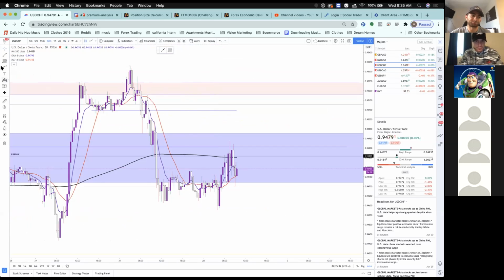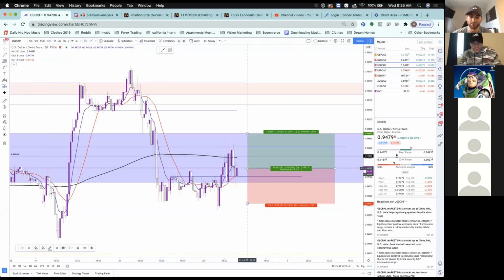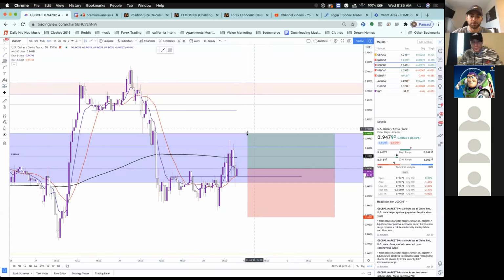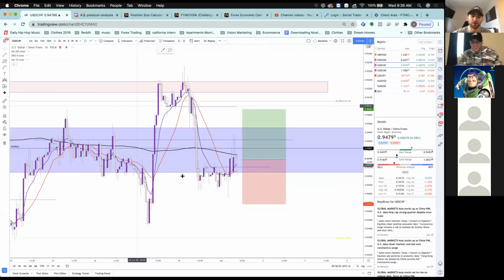Basically what I'm looking for on this lower time frame now is, this is a very minor break right here. I'm waiting to see this first higher low. We need some sort of higher low to form, and then I will get long on USEF. This would be very aggressive. If I were to take it right now, I would put stops below this area, and I would definitely only risk 1% on this trade because I want to see a little bit more go down.